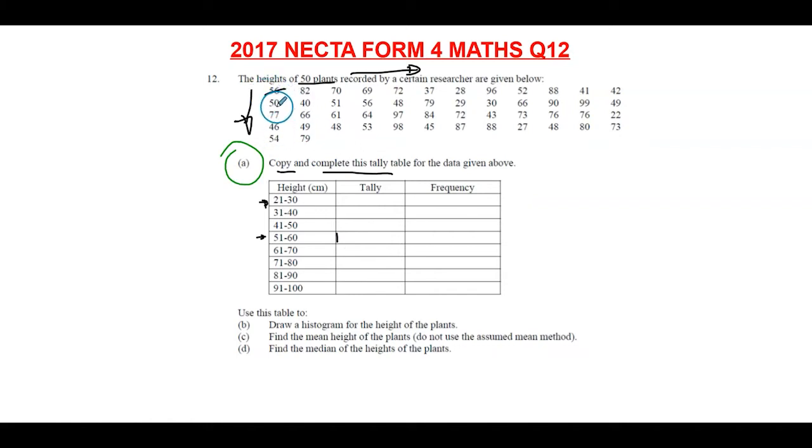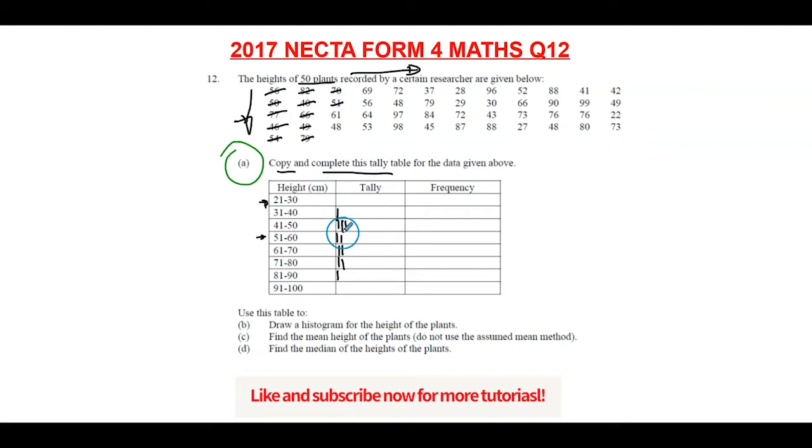And we cross that out, and then we got 50, so let's cross that out, and then we got a mark there. 77, it will go up here. 46 will go up here. 54, it will go up here, and 82, that will go here. 40 here. 66 here. 49 in here. 79 in here, 70 in here, 51 in here, 61 in here, 48 in here, 69 in here,